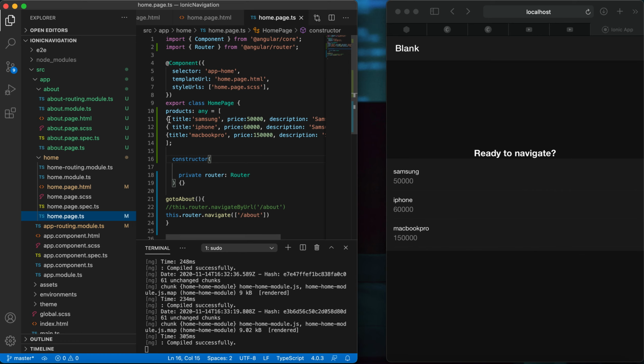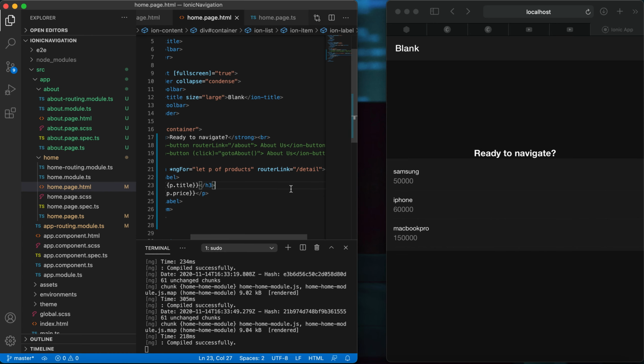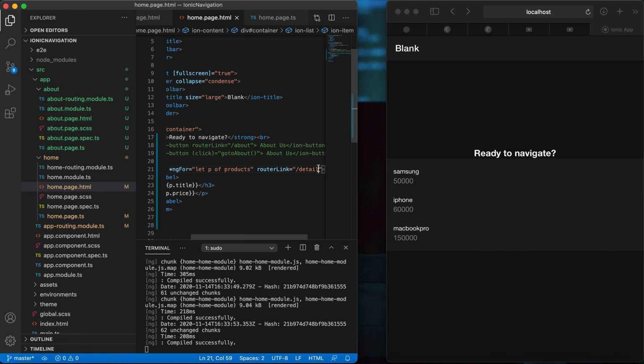So I am going to add one more item: ID equal to 1, ID equal to 2, ID equal to 3. Okay, so let's get back here. Now detail. Now I have given the IDs.